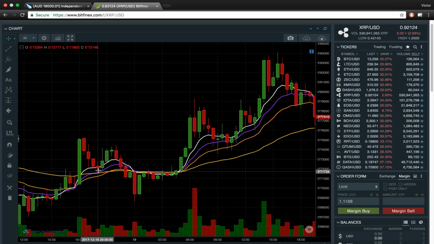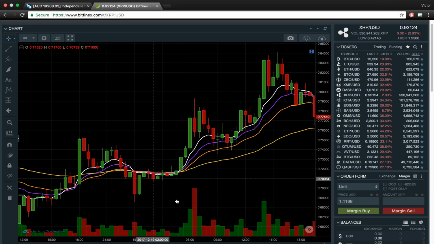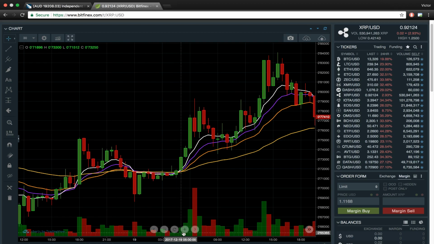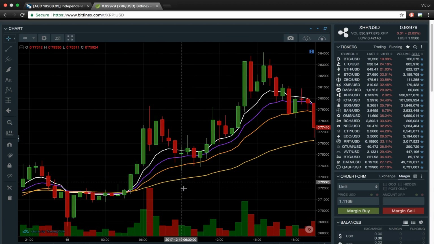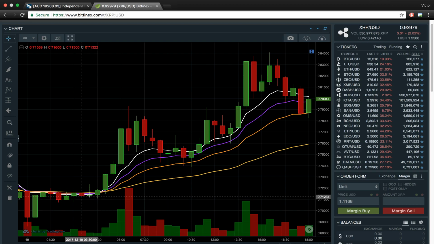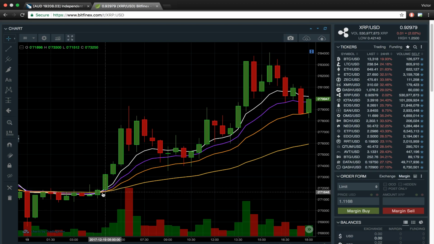Here we see a moment in time where we've got a sideways market. Not much is going on, but then we start to see down the bottom here spikes in volume. And what we also see, if we really zoom in here, is a really prominent crossover where our 55 crosses over with our 8 EMA. On top of that, we've got spikes in volume, and then we've got a really bullish candle,